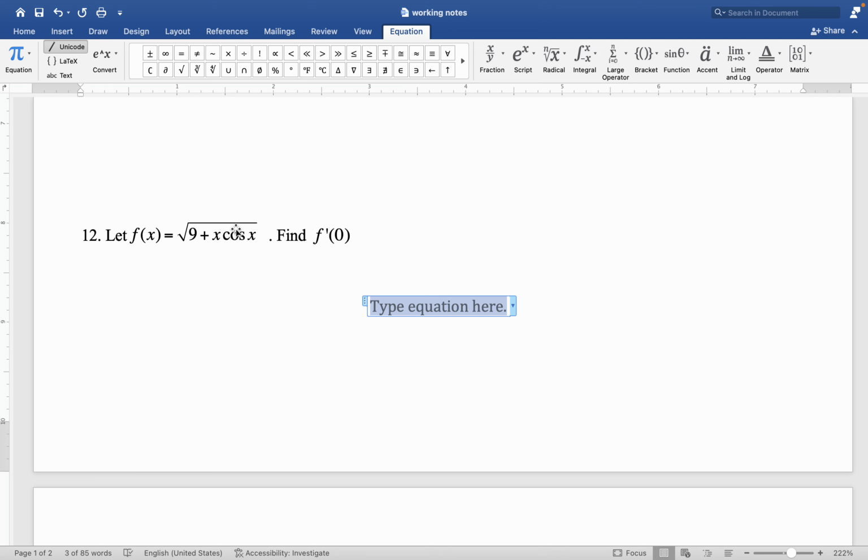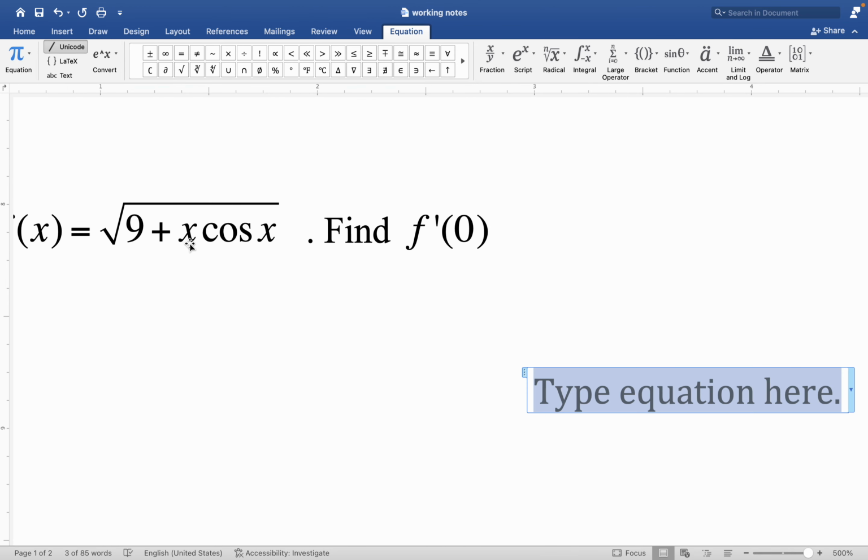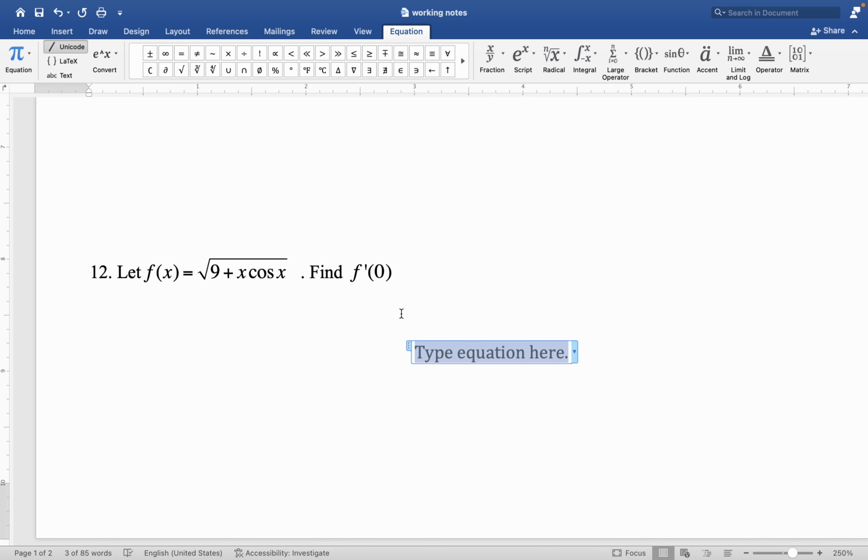I would point out that there's definitely composition happening, right? You've got 9 plus x cosine x inside of the square root function, but notice that you've also got product happening. You've got a product of x times cosine of x. So you are going to have to use both the chain rule and the product rule, but unlike so many of the other problems we've done, this one actually requires that you apply the chain rule first. And the reason for that is that